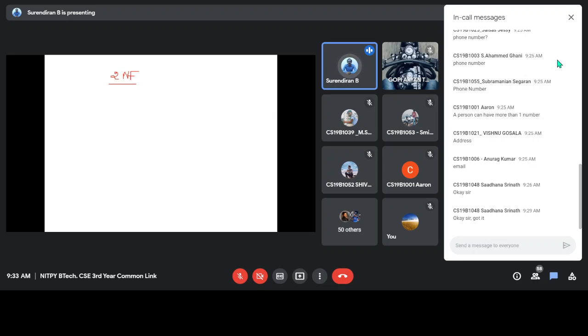And second normal form says that the relation must be in first normal form, and partial functional dependency should not exist. What we mean by partial functional dependency, we'll see with an example.